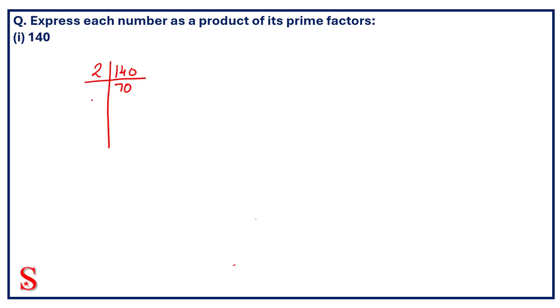2 70s are 140. Again, it will be factorized by 2. Now, we'll divide it further by 5. And then finally, 1. So, what are the possible factors of 140? Here, we'll write